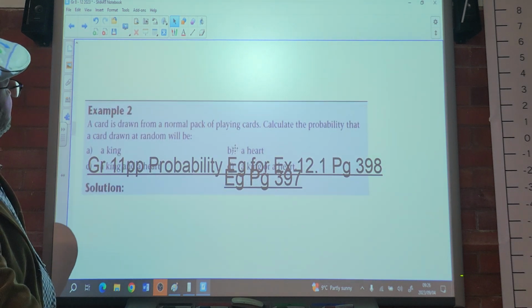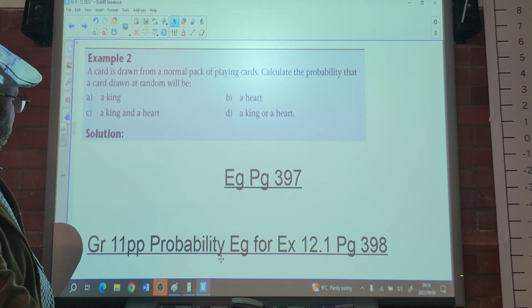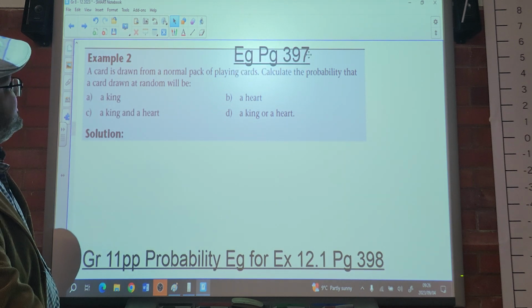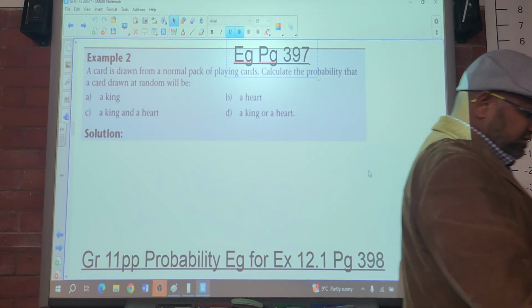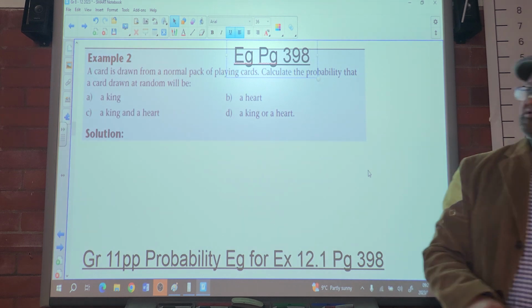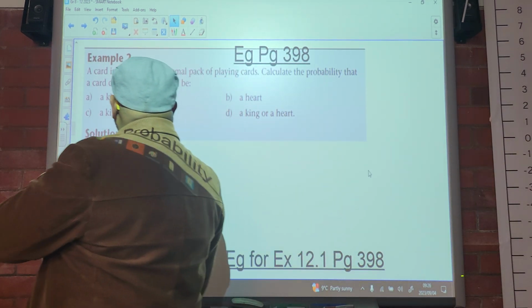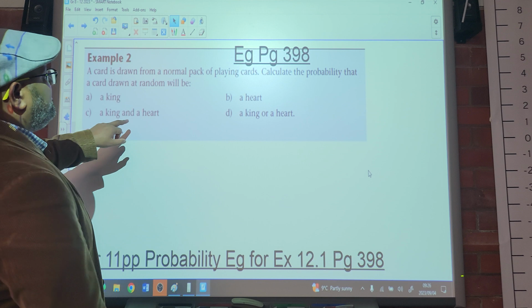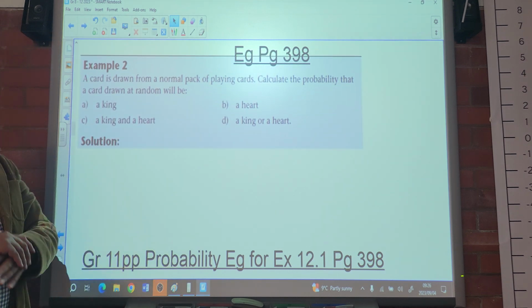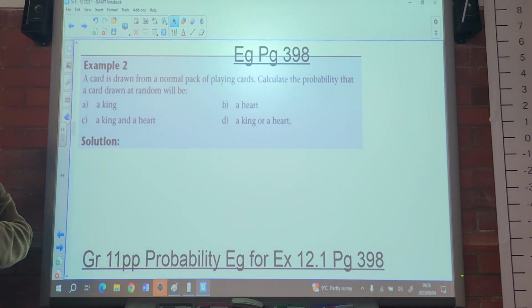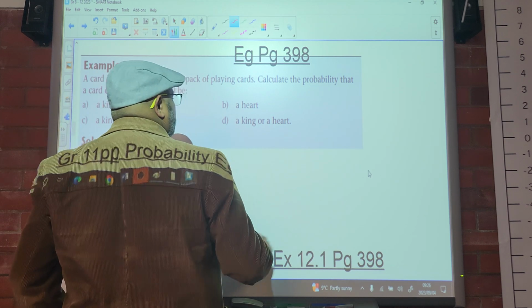So let's look at example 2. Example 2 is on page 398. A card is drawn from a normal pack of playing cards. Now you all know what playing cards are, no? A playing card has the following